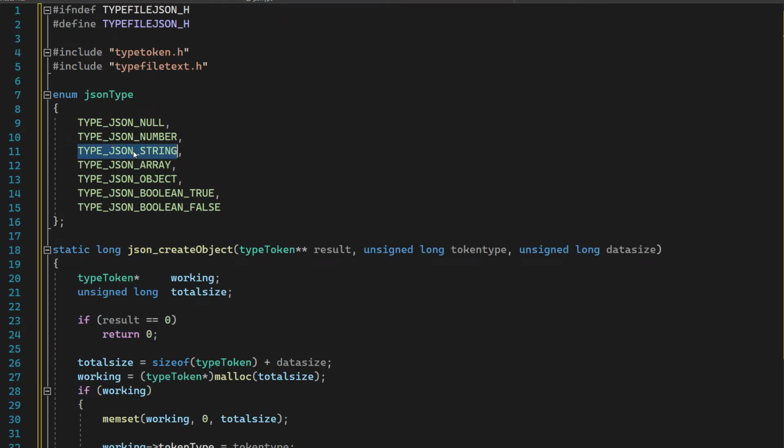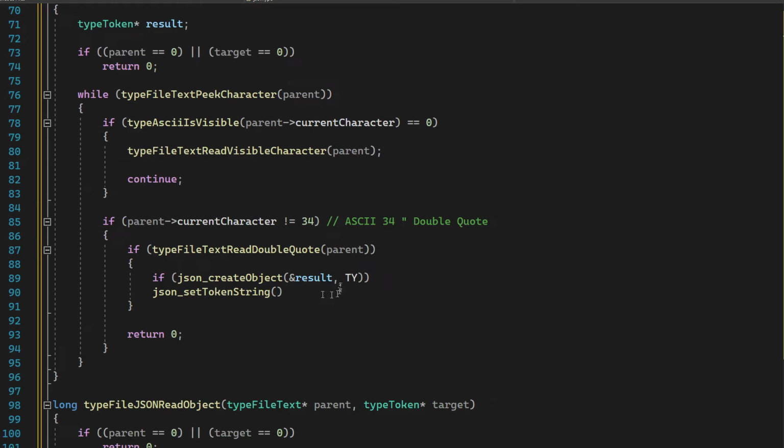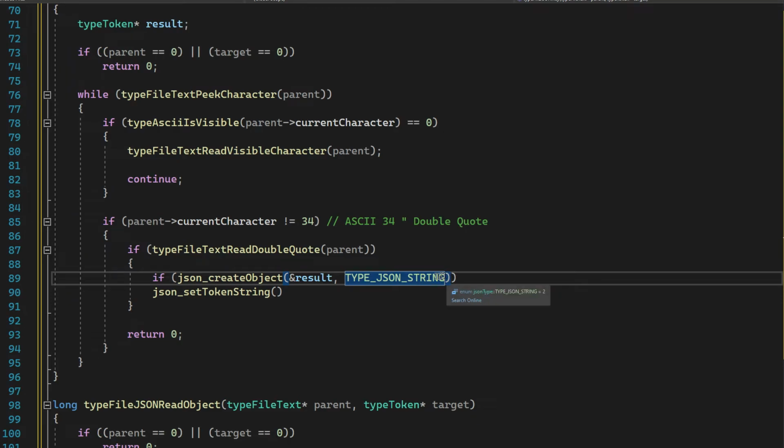Type JSON string. It's a string. It's a key value pair. So the string is the key and the value is whatever it needs to be. Type JSON string and data size. Yeah. Size of